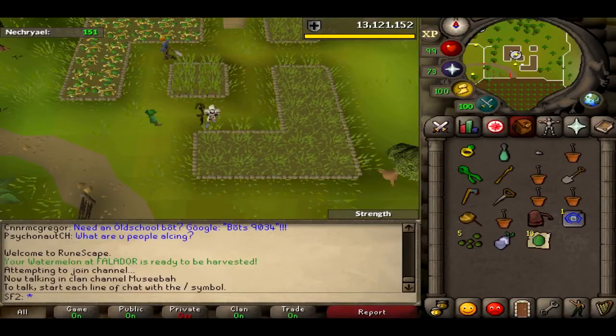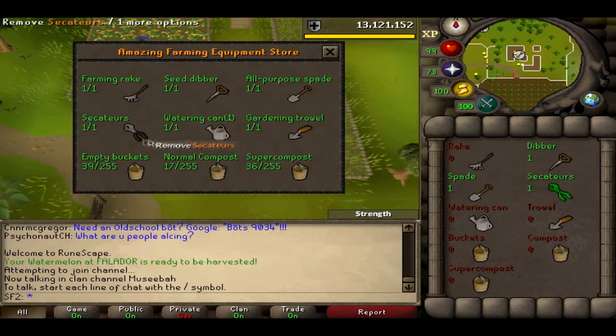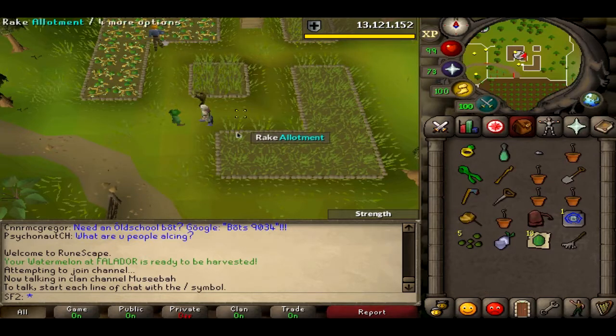Okay, so in order to rake patches, you will need a rake. So make sure you bring a rake. It's one of the essential items for farming. If you don't have one, make sure you get one, and then store all of the tools you can into the tool leprechaun, as I'm doing in the video now. You just click exchange, and you can store all of those tools in, as well as compost and buckets and whatnot. Luckily I had a rake in the tool leprechaun, and I just took that out